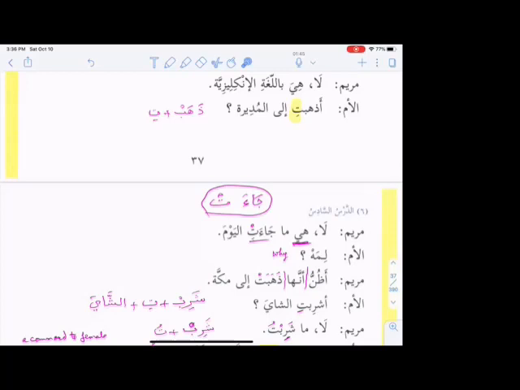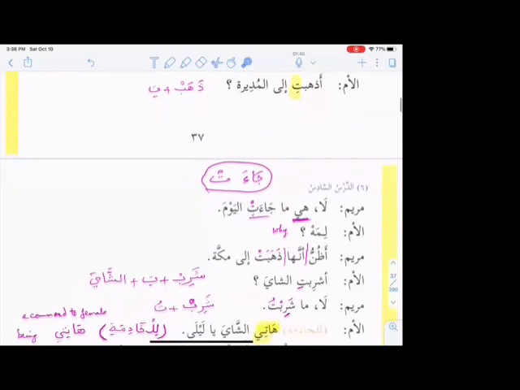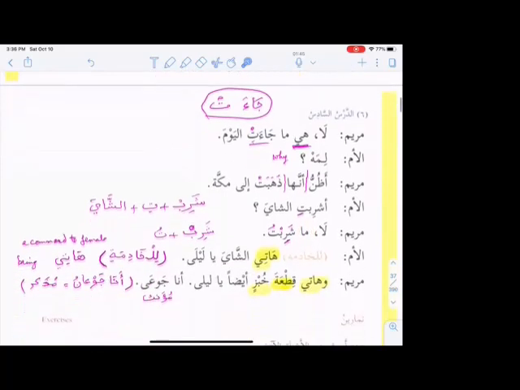Al-ummu: Asharibti shaya? Did you drink tea? Sharib, tea, fi'l, fa'il, maf'ulun bi. Asharibti shaya. See, I'm breaking it down for your easy understanding. Sharibti shaya. La, ma sharibtu. This is negation again. I did not drink. Okay, sharibtu. Fine.